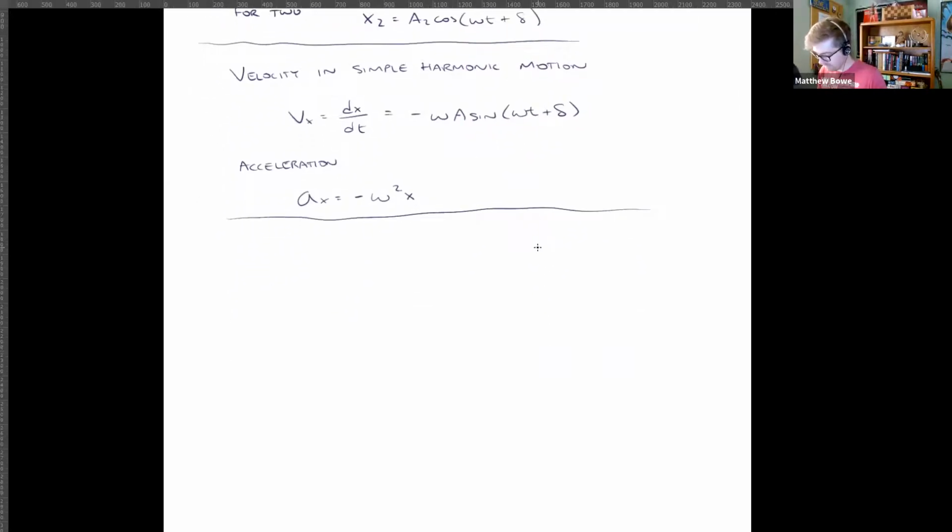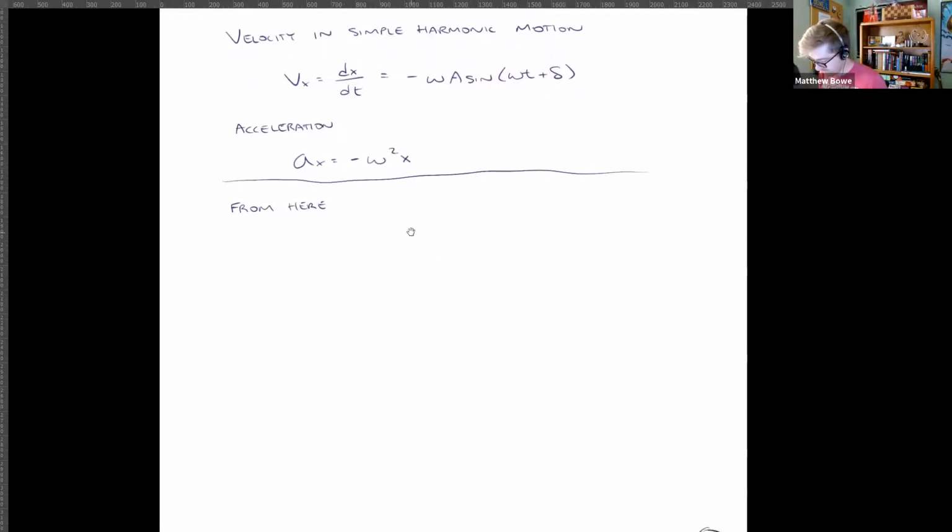So I'll just say from here we can find out that the angular velocity, or the angular frequency, is the square root of the spring constant over mass. We could also say